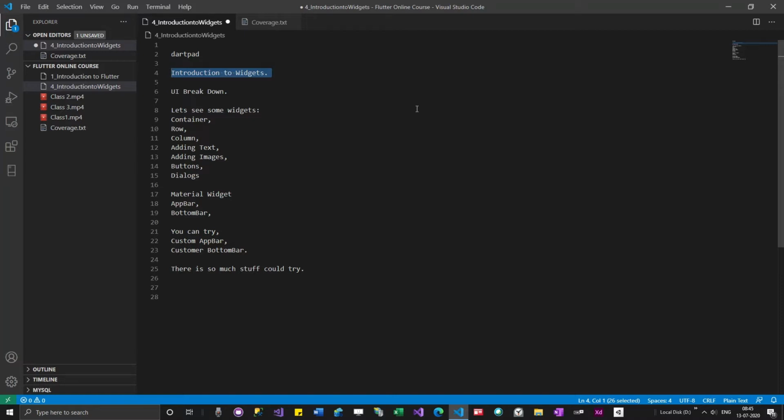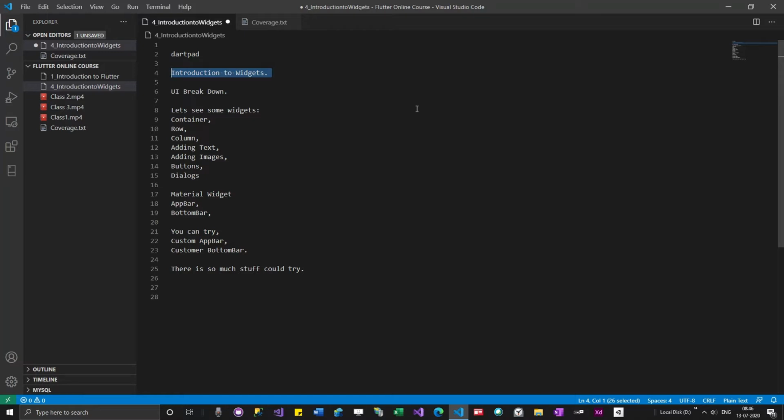For those who are already programmers, widgets are like classes. Does that mean we call classes widgets in Flutter? No, not like that. We'll have classes on one side and widgets on the other side, but everything that is visible on a mobile screen is a widget.